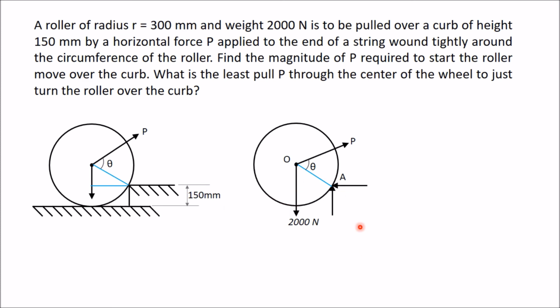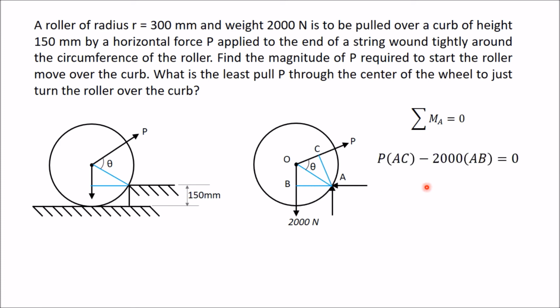Now, in this particular case, again what we will do, we will take moment with respect to point A, that is we apply equation sigma MA is equal to 0. For applying this relation you require perpendicular distances of 2000 Newton and P. So draw perpendicular from A on this 2000 Newton. So AB is perpendicular distance, and similarly for this P, AC is perpendicular distance. You have to determine this AB and AC.